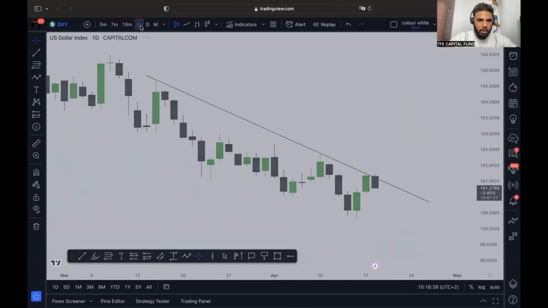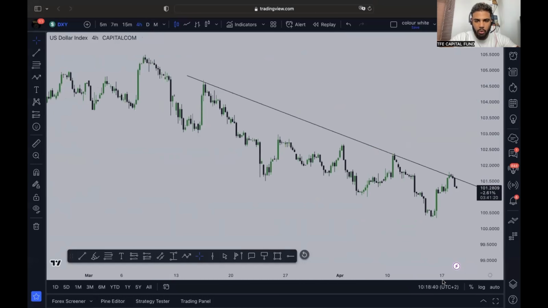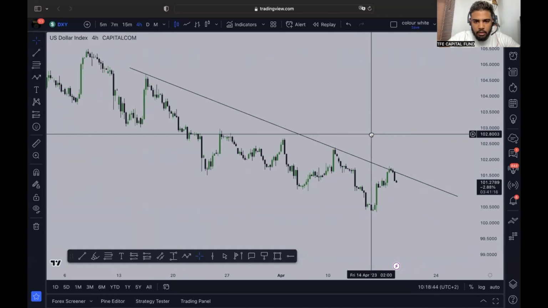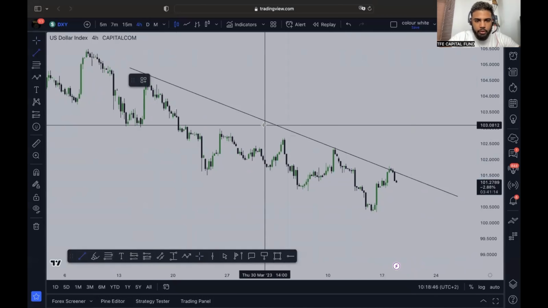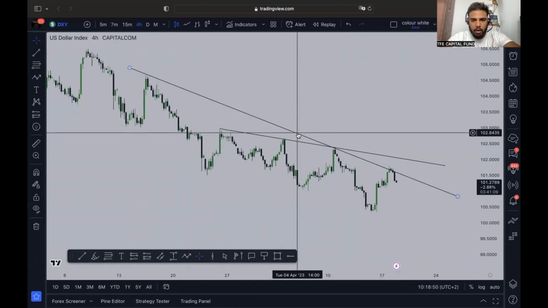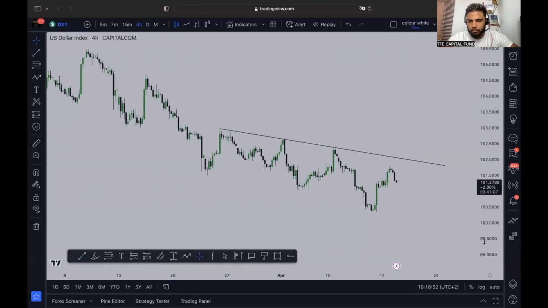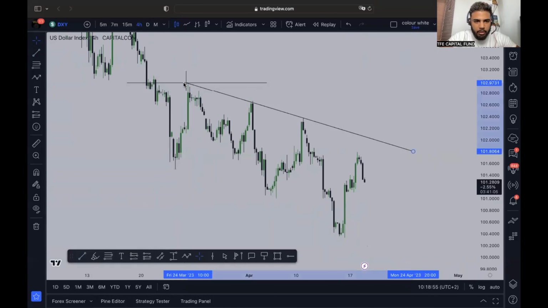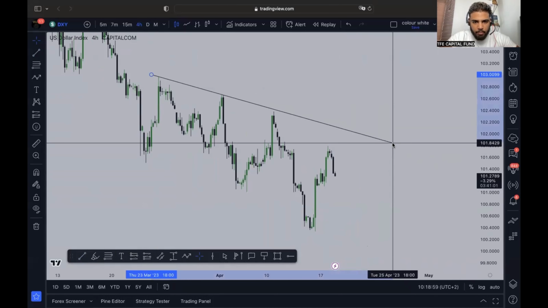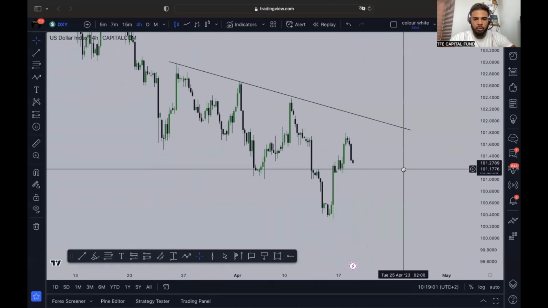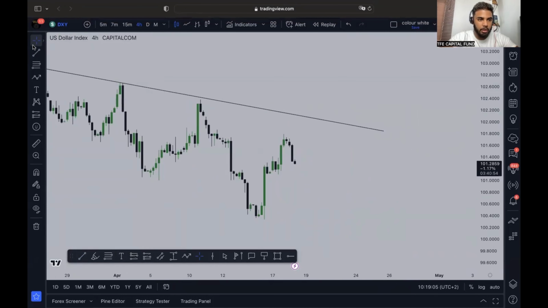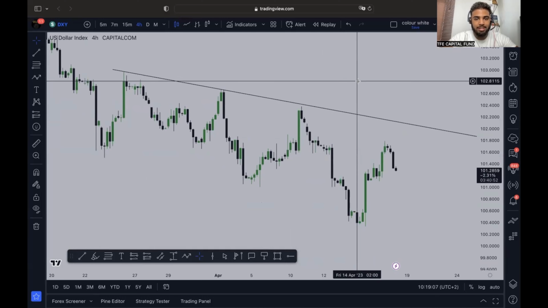So let's go on the 4 hour now. Once you're done, go to the 4 hour. Let's see how it looks on the 4 hour. Okay, I see you. Clean. And maybe if I could evolve it, that could be the one now. I could just take this like this and evolve my trend to the current trend as it is right now. There we go. And I could see that the trend is quite bearish. And what is bearish, for those who don't know, it's down.